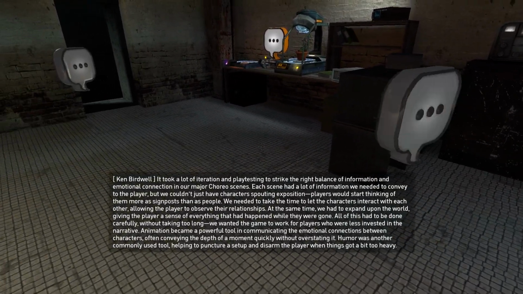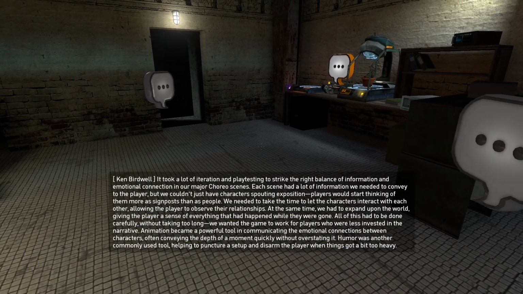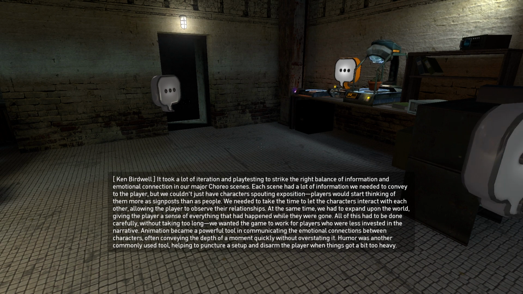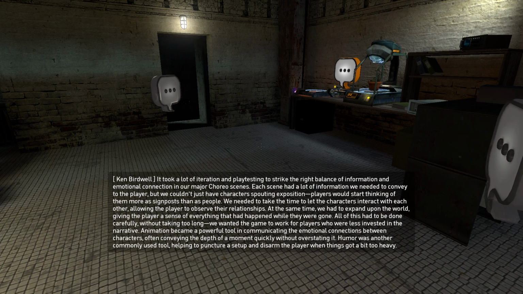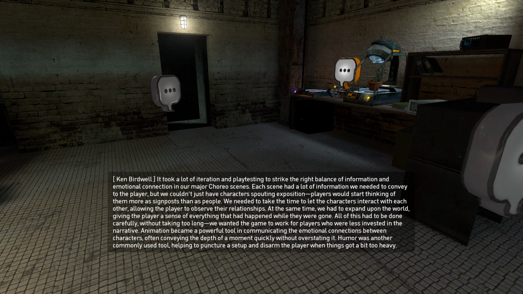Delivery. It took a lot of iteration and playtesting to strike the right balance of information and emotional connection in our major choreo scenes. Each scene had a lot of information we needed to convey to the player, but we couldn't just have characters spouting exposition. Players would start thinking of them more as signposts than as people. We needed to take the time to let the characters interact with each other, allowing the player